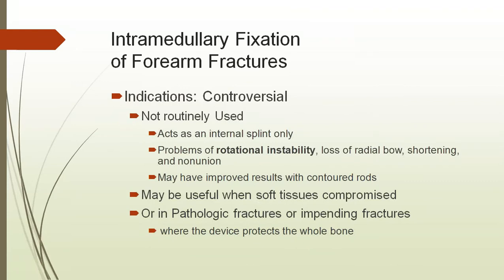Intramedullary fixation of forearm fractures is a little controversial because it is an upper limb, non-weight-bearing fracture, so usually we will not go for intramedullary nailing. Normally we use nails for the tibia and femur, weight-bearing areas, to allow early weight bearing. Here most of them we treat either conservatively or, if not possible, with plates. One important advantage of nailing is that it prevents rotational instability, meaning it maintains the rotation.